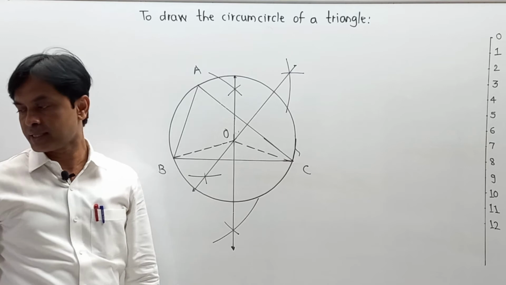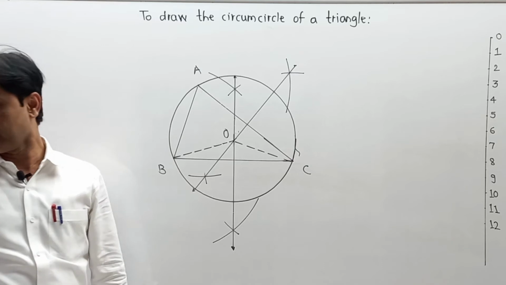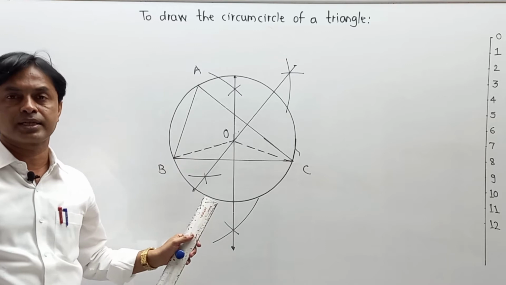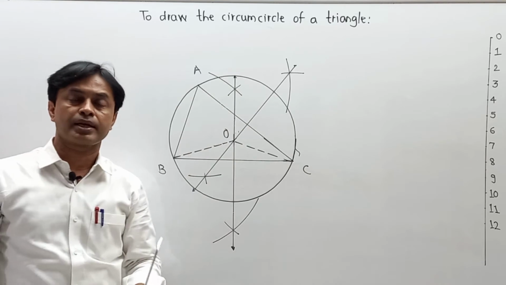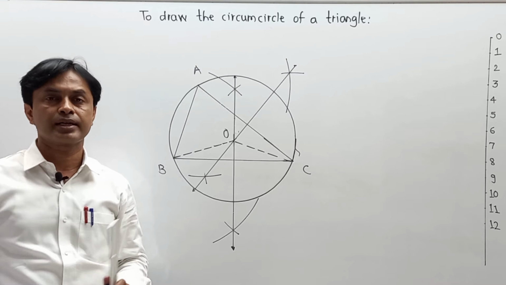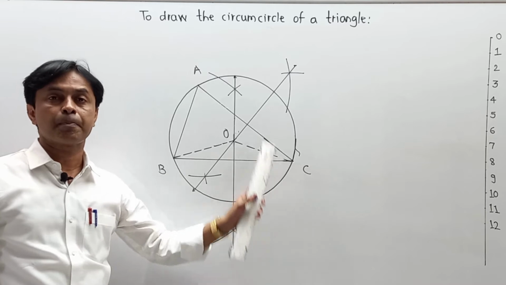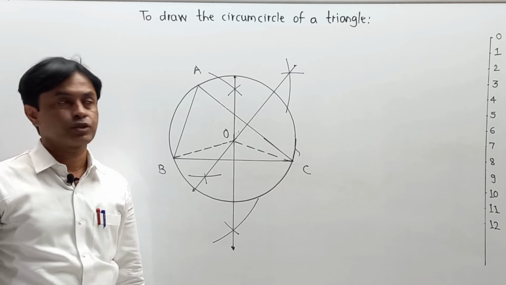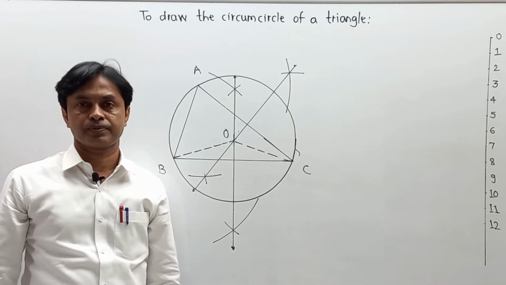We are going to start the next exercise, and that exercise is your respective exercise 6.3. It contains a total of 5 numericals. First we have to draw a triangle as per the given conditions, and the numerical may be for an incircle or for a circumcircle. Remember, in an incircle you have to take any two angle bisectors, get the center and draw the incircle, and for a circumcircle you must take the perpendicular bisectors of any two sides, and we draw the circumcircle. So please pay attention. And for measuring lengths, I have drawn a part over there.